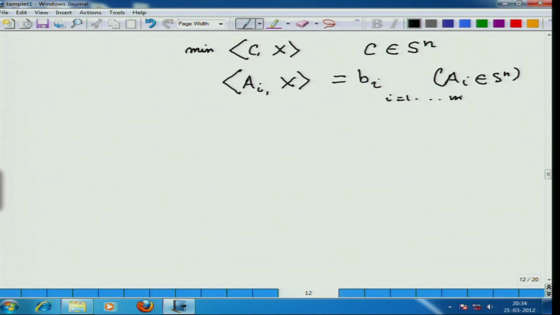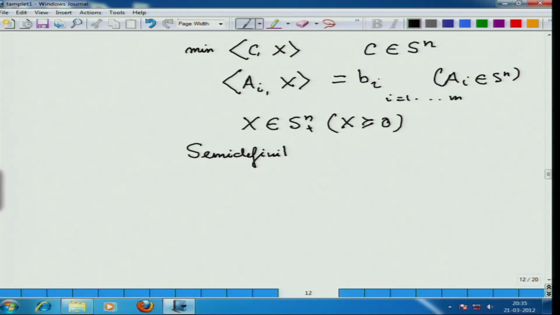I am just imitating the linear program, and X is either written like this, or in this Loewner ordering form, X greater than or equal to 0. In the linear case, I have written like this. I can write it like this or this, whatever, same thing. So, this problem is called a semi definite programming problem,